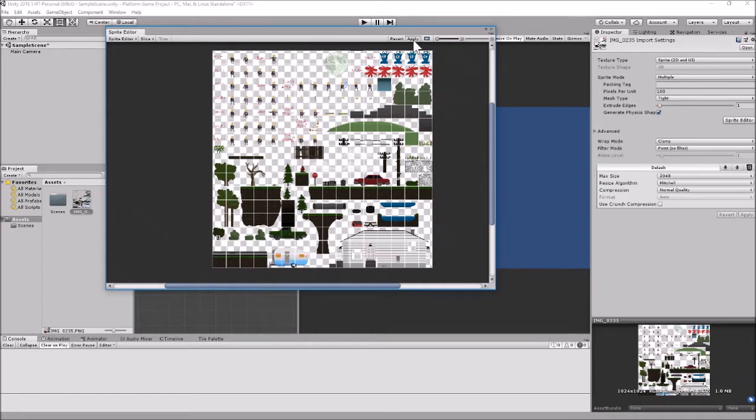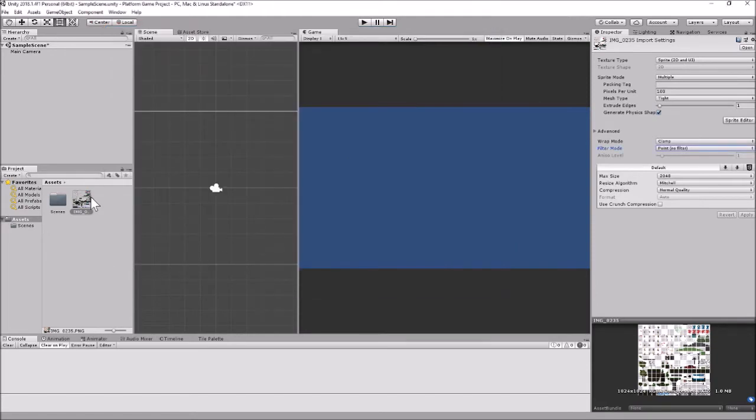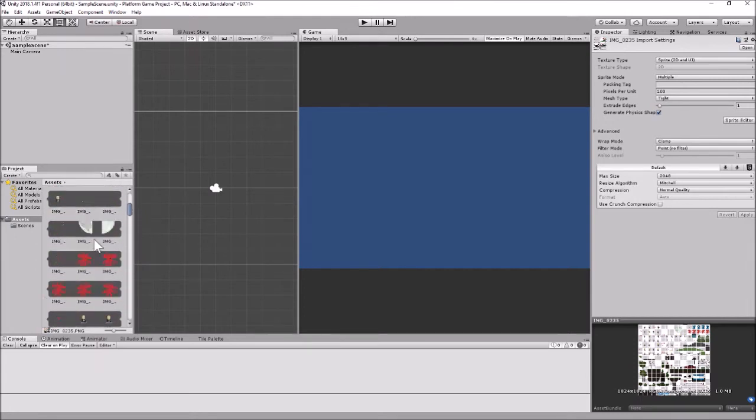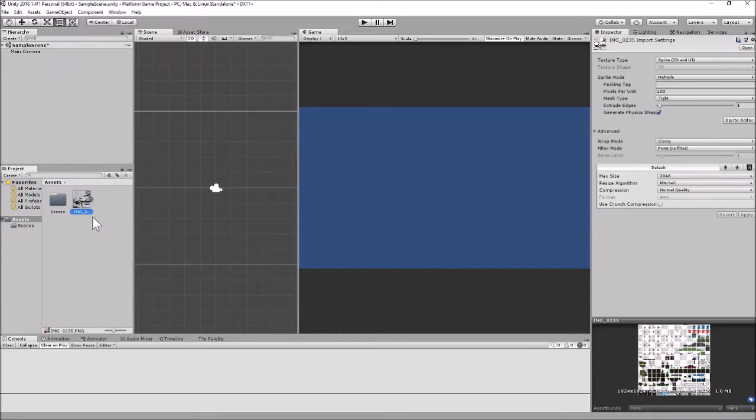So I'm going to apply that change there. So now my sprites are all sliced up. You can close my sprite editor now. And then if I expand it here, you'll see that we have all the sprites in their individual pieces right here inside my asset panel. Okay, so next thing we want to do is we want to set this up to be able to use